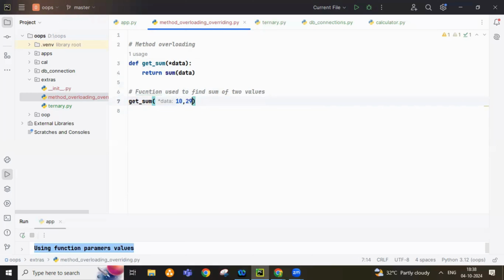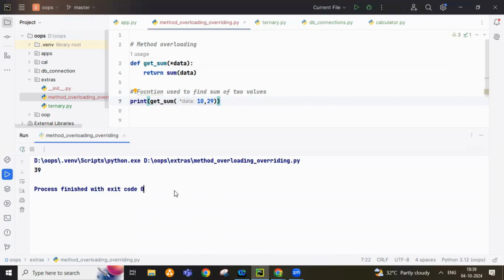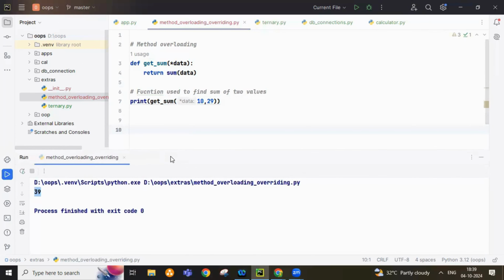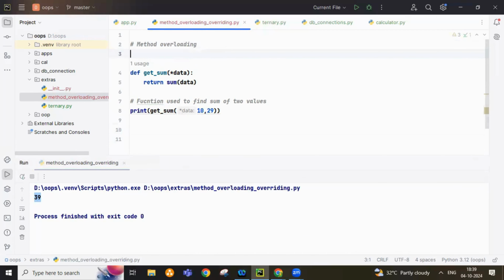10, 20, for example, 29, whatever it is. And if I go and print this out, what did you notice? You are 29, you are 39, 39, right? 10 plus 29 is 39, right? See, what is method overloading is